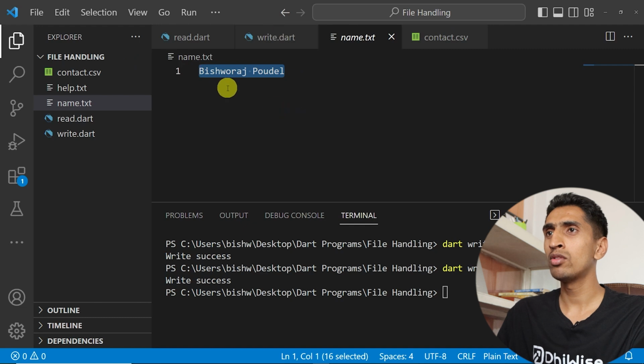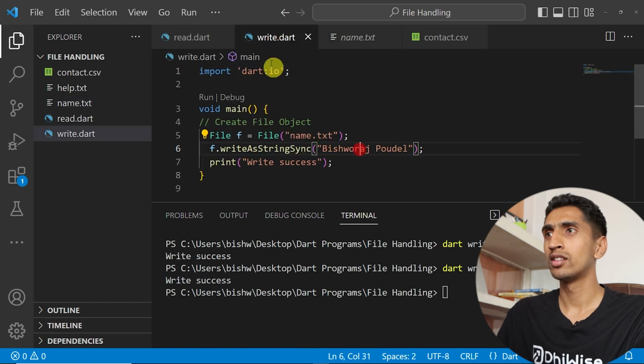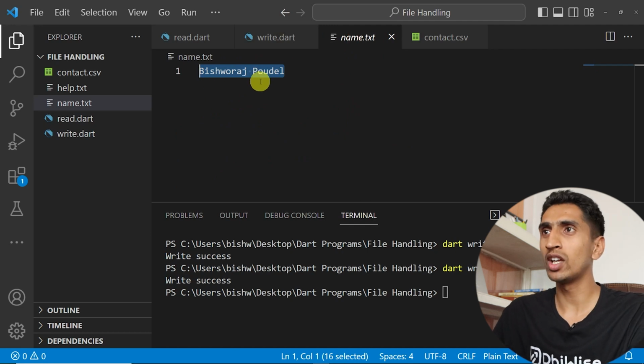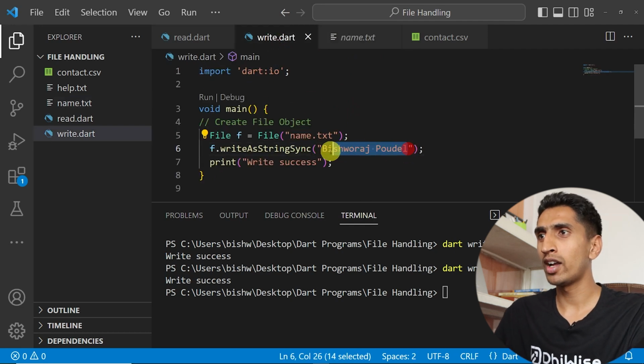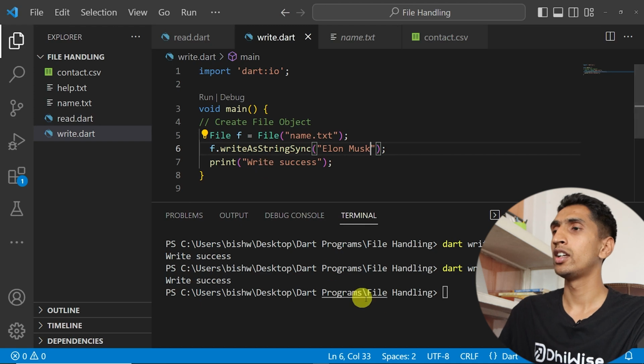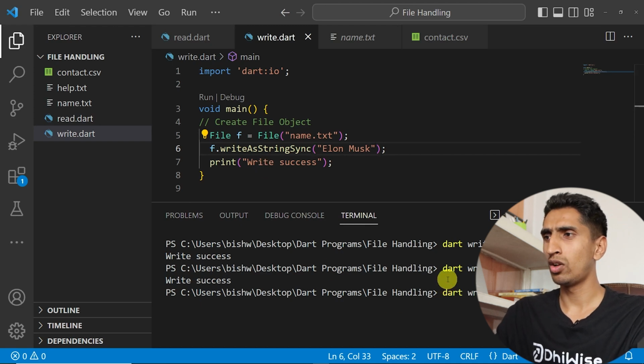I want to store another name, so I want to store this name and also another name. I'll write Elon Musk. If I run this program